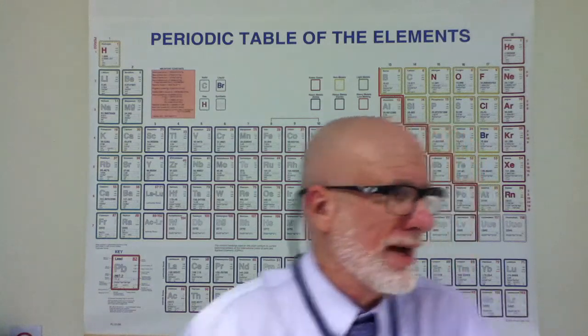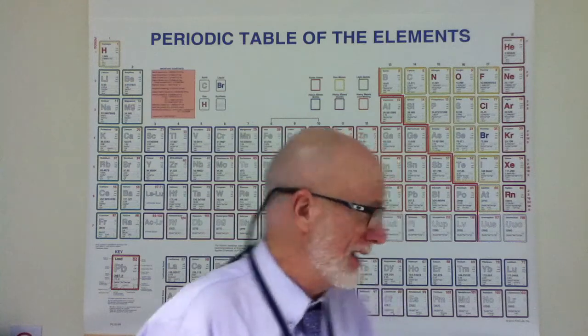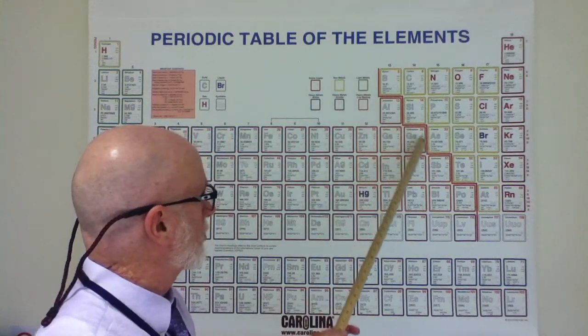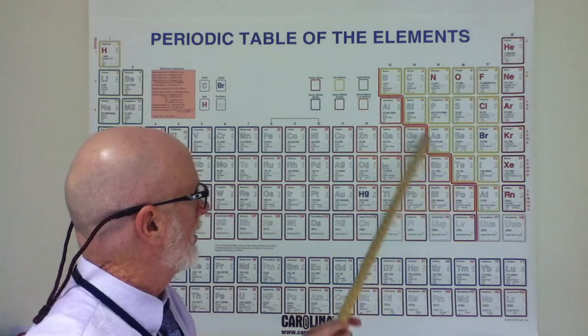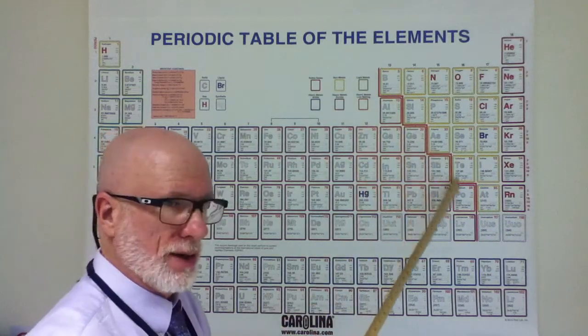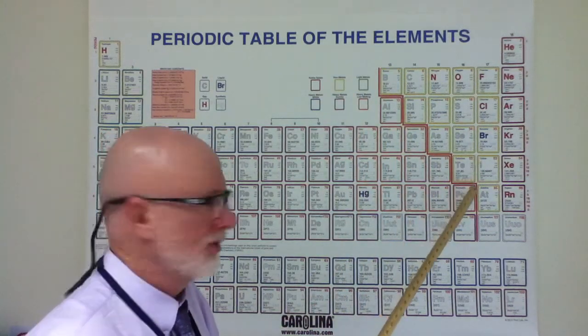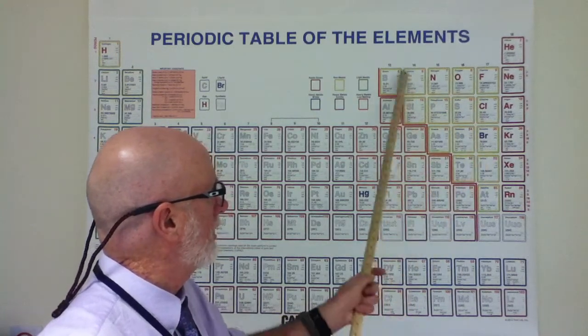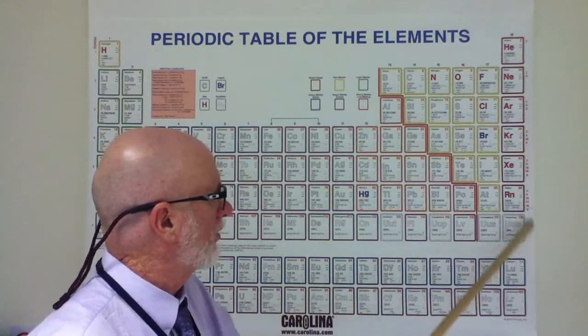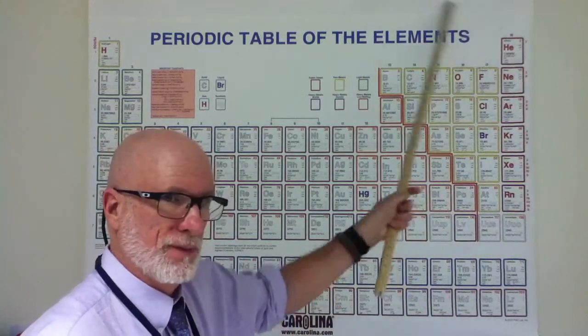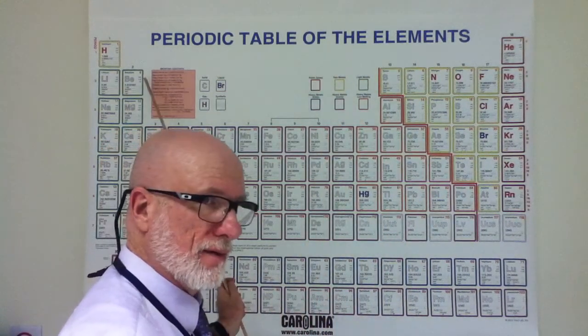What else do we have? They're mostly on the right side because they're stable. Yeah, they're fairly stable, very close to being stable. Well, sodium is close to being stable too, but we'll talk about that in a minute. So along this red step-stair line, those are metalloids. They're kind of metal, non-metal. And these are the non-metals. Metals are over here.